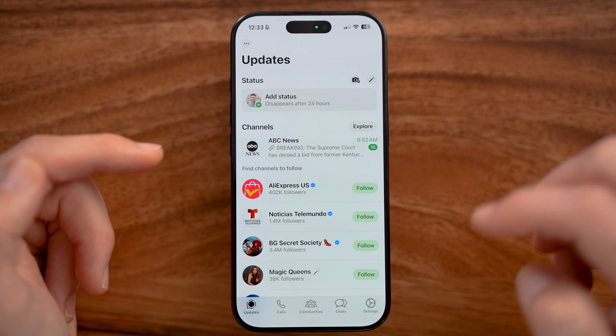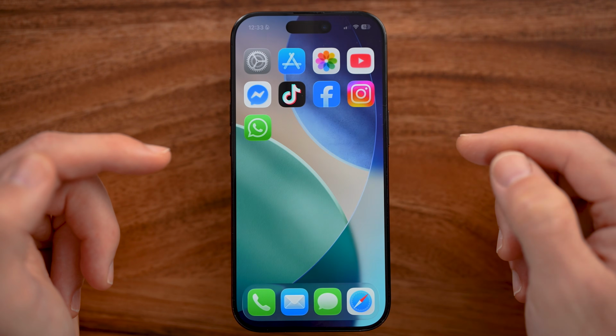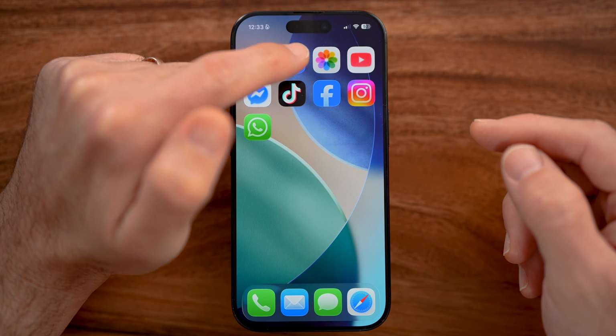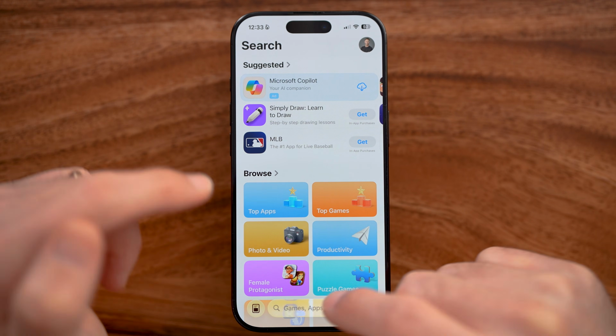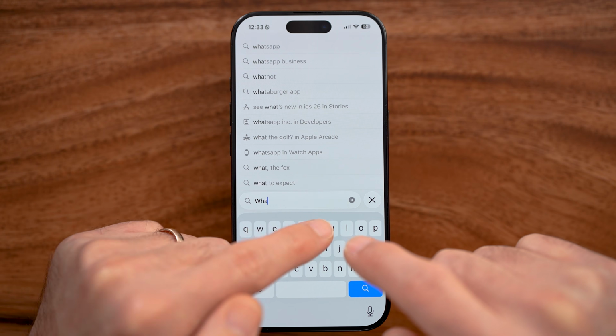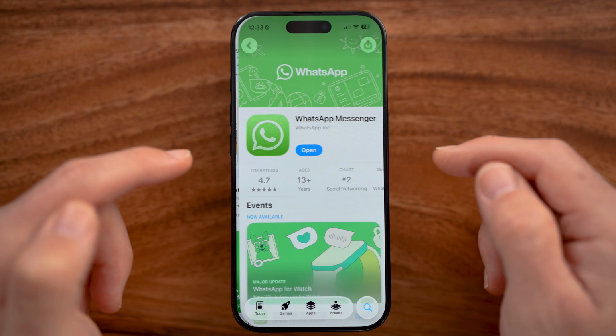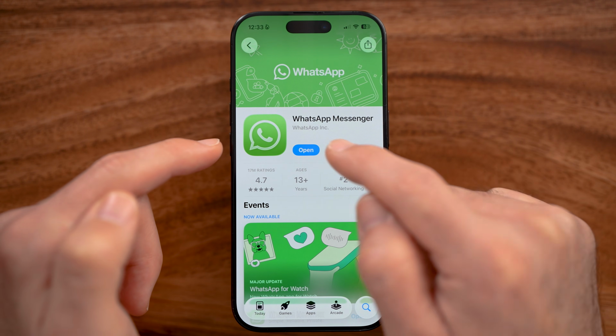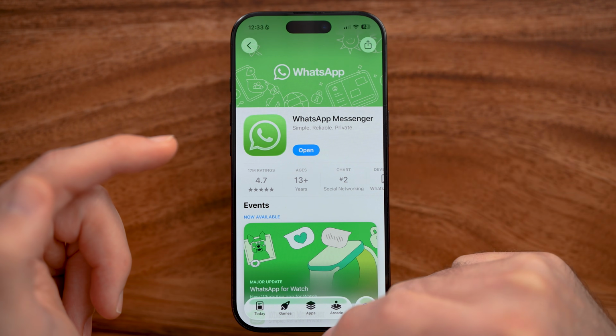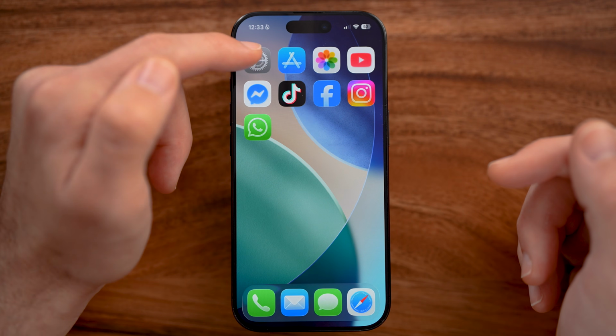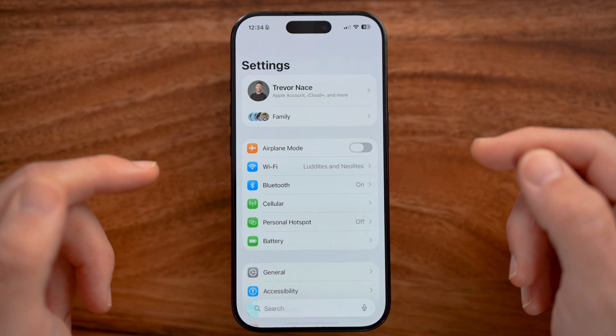Let's get fully out of here and close out of WhatsApp. Now on your iPhone or Android, let's open up the App Store or Google Play Store. And first, we're just going to try to update WhatsApp. So just go to WhatsApp here, and if it does say update next to it, just tap on update. If it doesn't say update, or if this doesn't work, let's get into the settings app of your phone, because